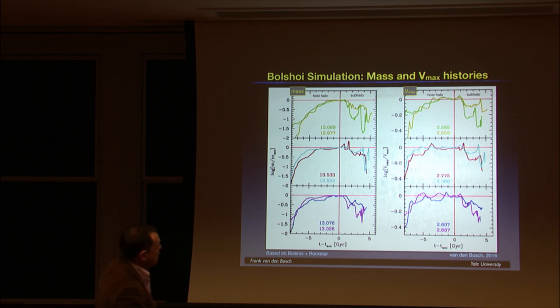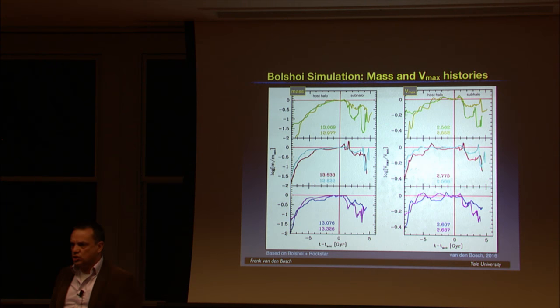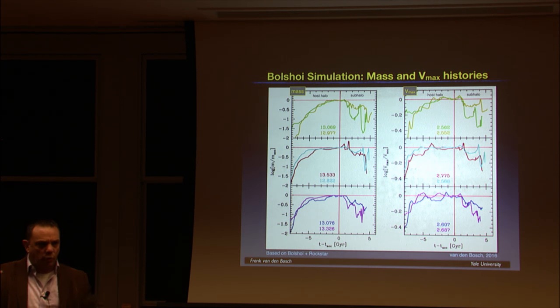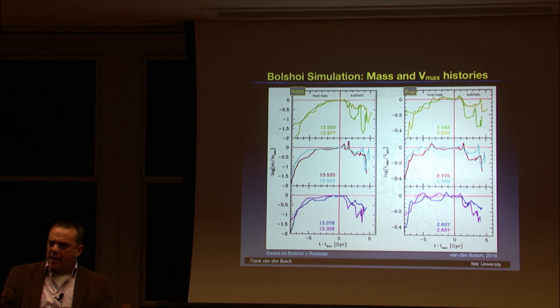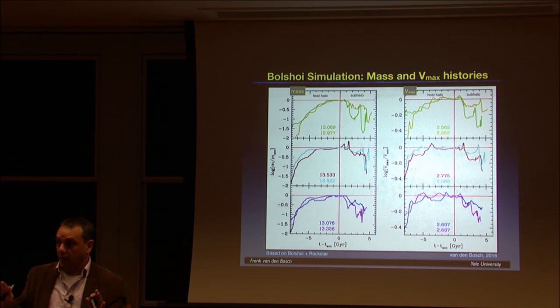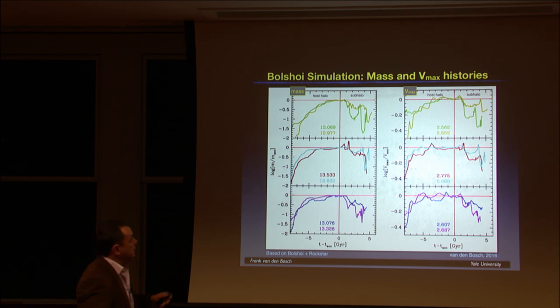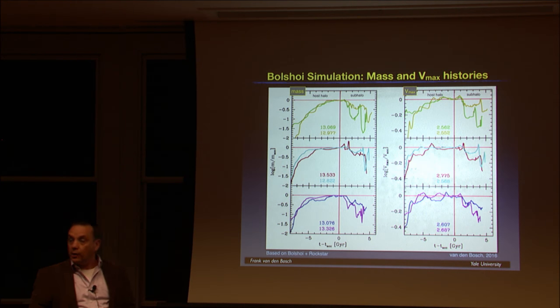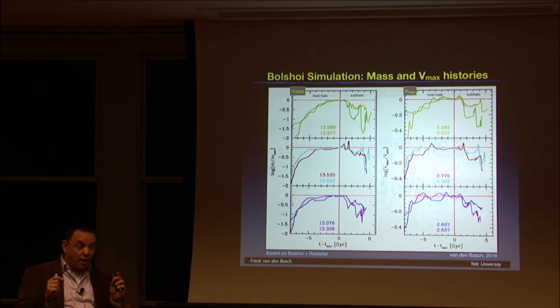And there are episodes where the mass of the subhalo goes up by more than an order of magnitude in a very small time. And what physical mechanism can make the subhalo grow by a factor of 10 in 100 megayears? And the answer is none. So this is something going wacko here. And this is a state-of-the-art subhalo finder applied to a state-of-the-art, high-resolution cosmological simulation. 15,000 particles in a subhalo.